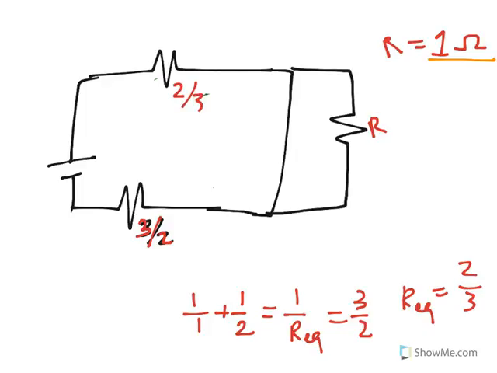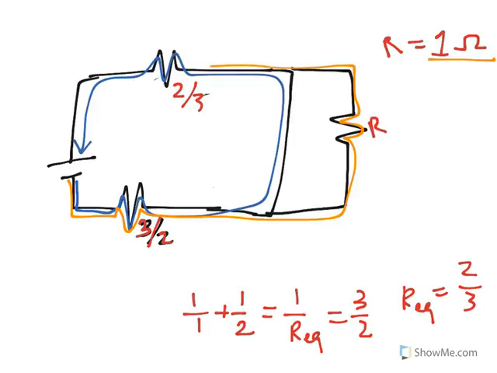And so now we've got two possible loops. Electricity can travel this way, or it can travel this way. So the key here is to think of those two different paths that electricity can take as two resistors in parallel. It'll behave the same way. So let's start with the blue because it's easy. It's just 3/2 plus 2/3 because they're in series with one another. And we end up with